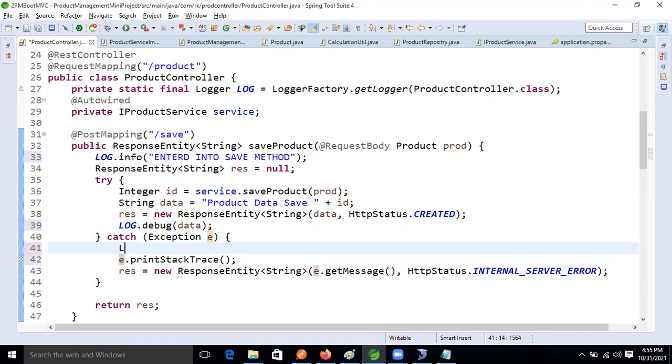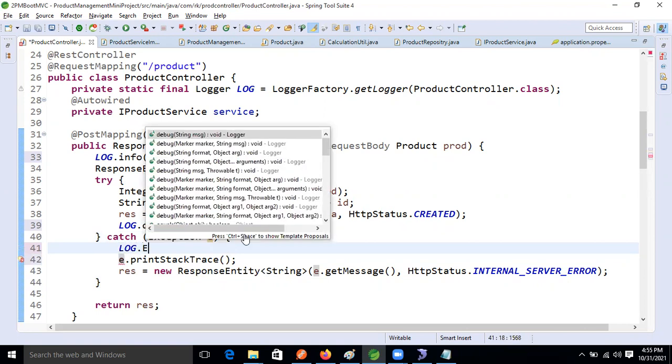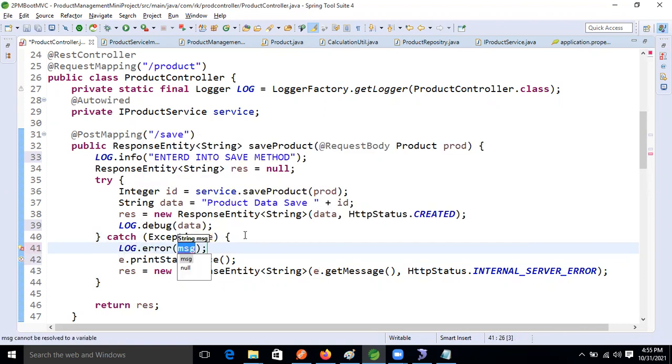Log dot error method. In that, just write: saving is failed.